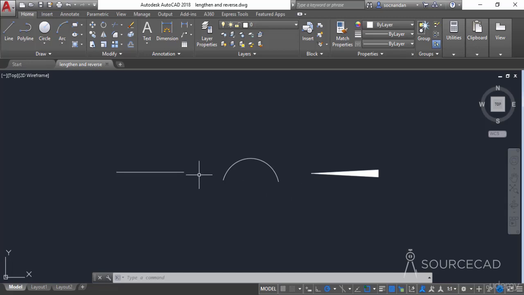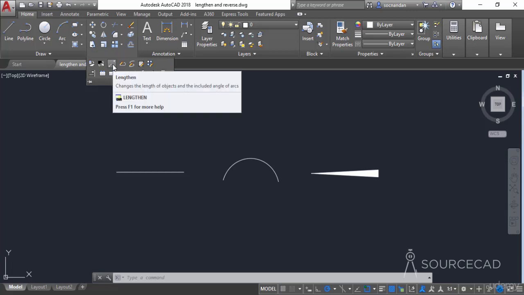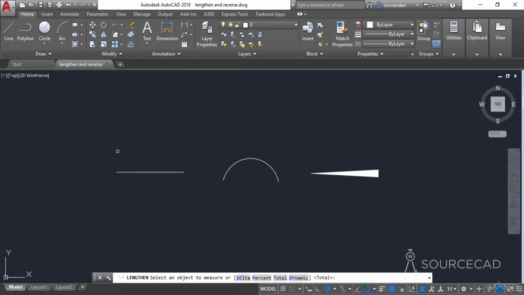For example, here we have a line and an arc. Now using the lengthen tool, we can increase their length, and here also we can increase the length of this arc or the circumference of this arc, so that will affect the included angle. To start the lengthen tool, expand the modify panel and select the lengthen tool from here. Now select it and click on the object whose length you want to find. So in this case, I'll click on this line, and here we have the length of the line, which is 100